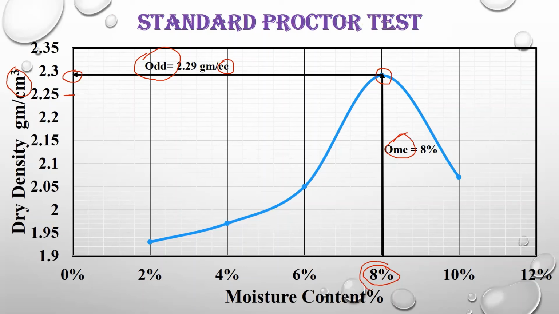And at this percentage, now you will be able to do the CBR test. But this is the standard Proctor test, and there is no need to do it. What you have to do is go for the modified Proctor test, because obviously we are doing a highway. So the soil obviously will take the load of heavy traffic. So we will do the modified Proctor test for this. So this is all about the standard Proctor test, how you can perform it.